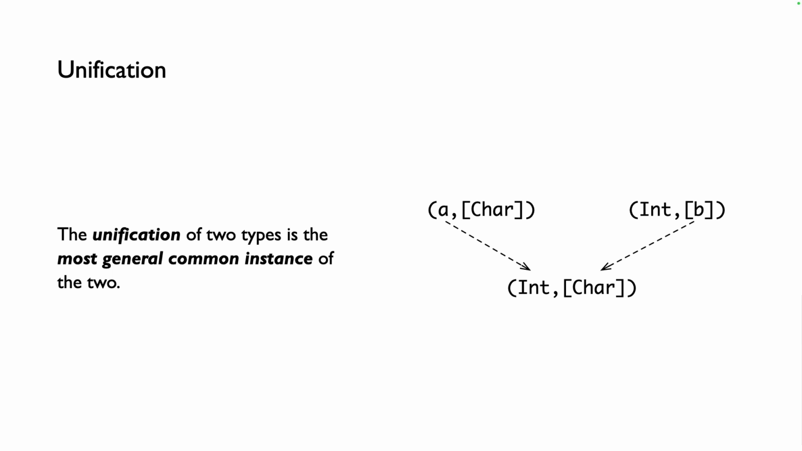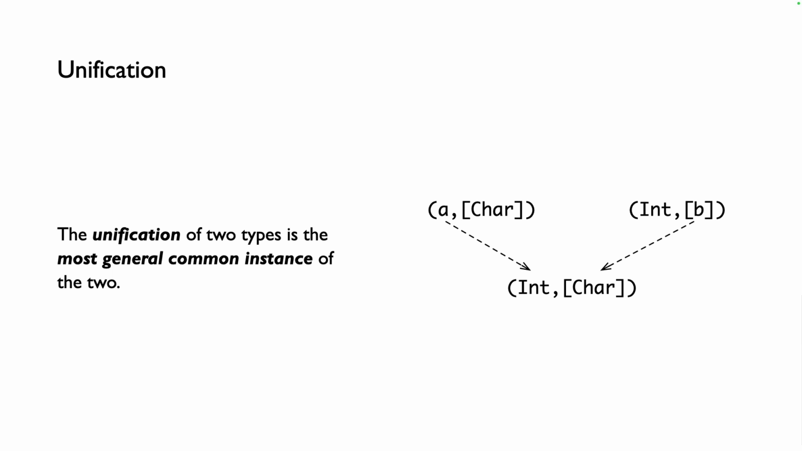In this segment, we're going to talk about unification. So this is going to formalize what we've seen before in an informal example when we looked at what happened about applying a polymorphic function. So when we have types that contain variables, the unification of two types is the most general common instance of